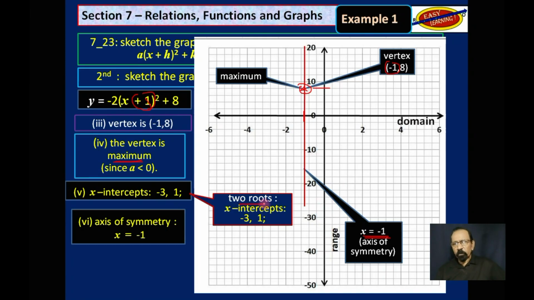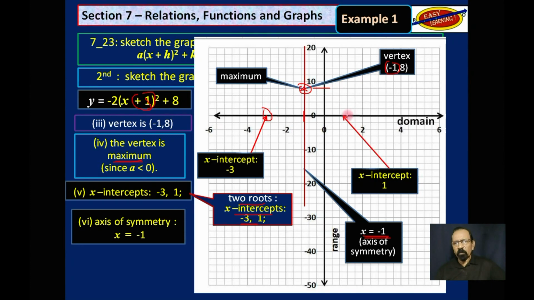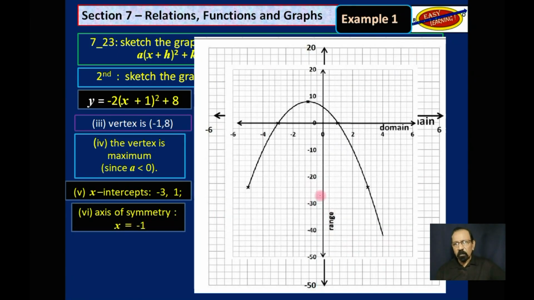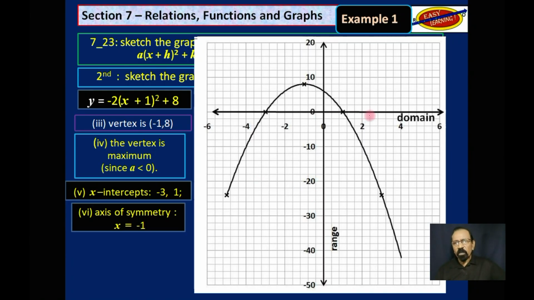We know two roots. The x-intercept, one is -3 and one is 1. So one is here and the other one is over here. At this point, you could probably imagine a graph going up like that, turning there, and coming down here. You could probably imagine that. But we have to sketch it. Now we will sketch it. This is what the sketch of the graph looks like. You probably don't need all of that.